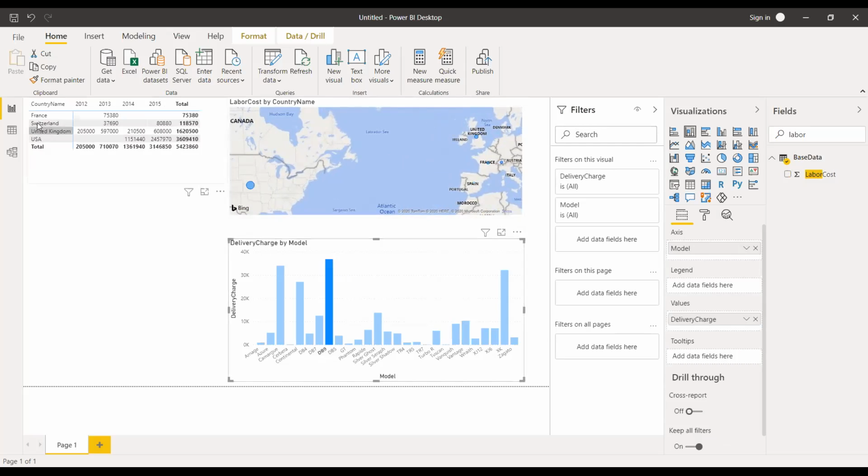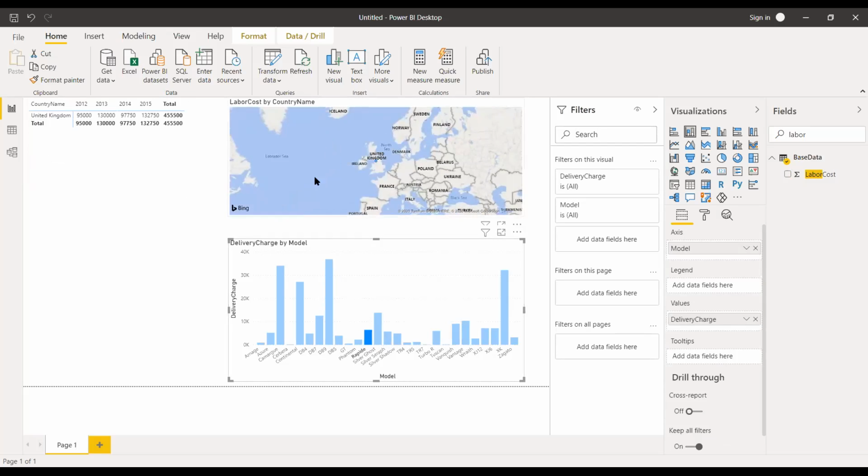DB9 is produced in Switzerland, UK, and USA. These are the three countries where this model DB9 is produced, and the different countries' cost is reflected again. If I choose another one, suppose I am clicking on this bar, you can see that the map is adjusted, as well as the matrix structure is also adjusted according to the selection.